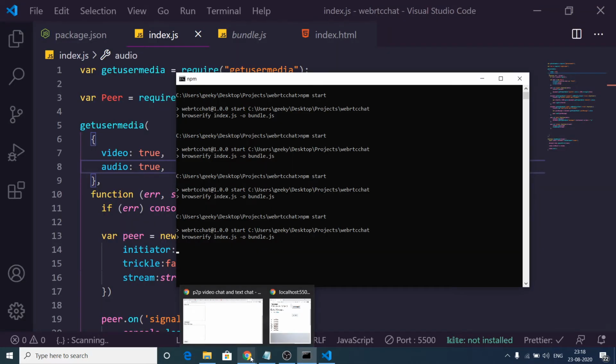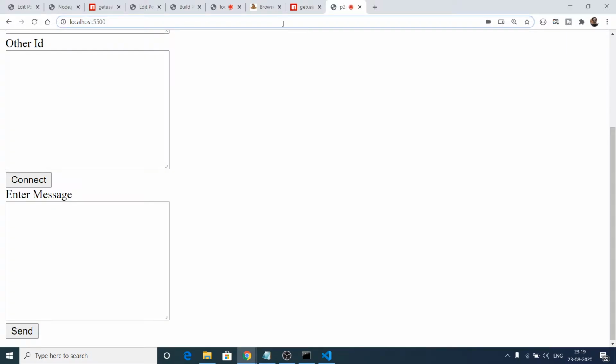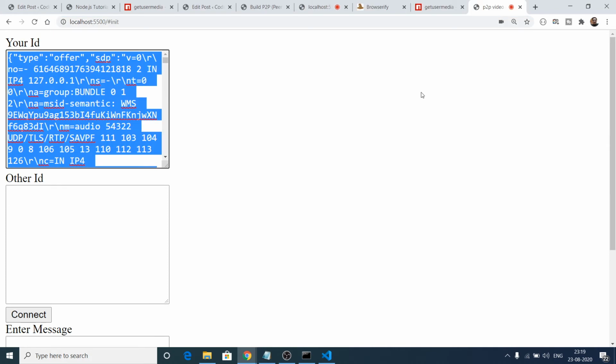So now if I run the application, let me close all the tabs here. If I go to the initiator, this is your ID. We need to open another tab, 5500. So here you need to paste your ID, click on connect. This will give your ID here. So Control C, and here you need to paste this ID, click on connect, and now you